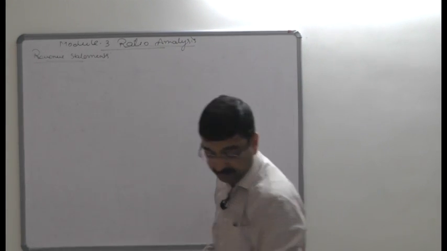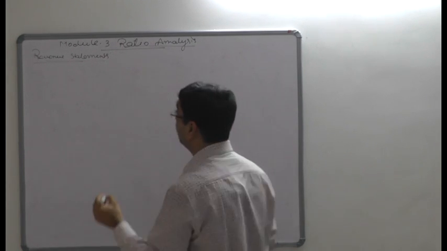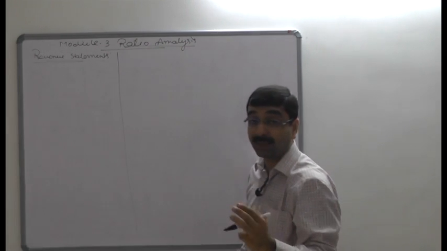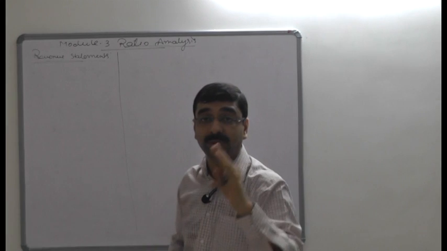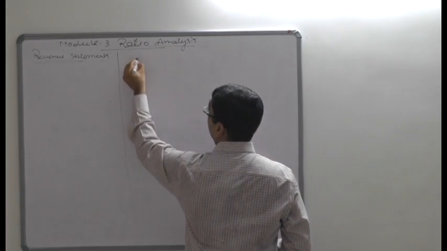So now let's begin with the information. If you observe, in the question there are actually only two ratios, but I am going to find out all three profitability ratios, that is return on capital employed,